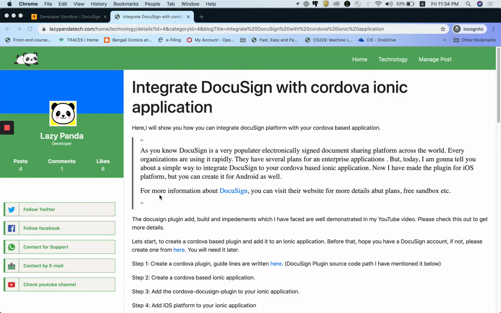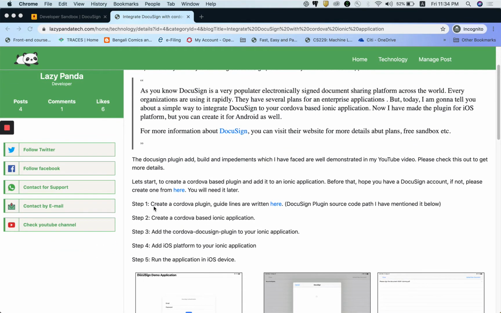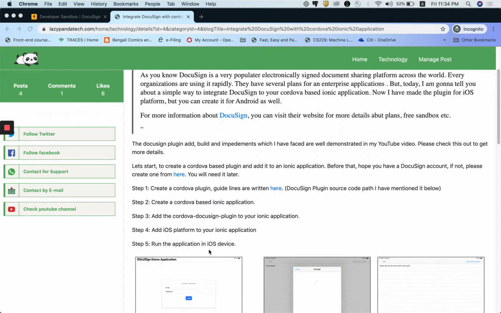Today I am going to discuss how you can integrate the DocuSign platform with your Cordova Ionic application. For that you need to follow a few steps which I have put across there: step 1, step 2, step 3, step 4 and step 5. It is a very basic one, but in this video I am going to demonstrate each and every step